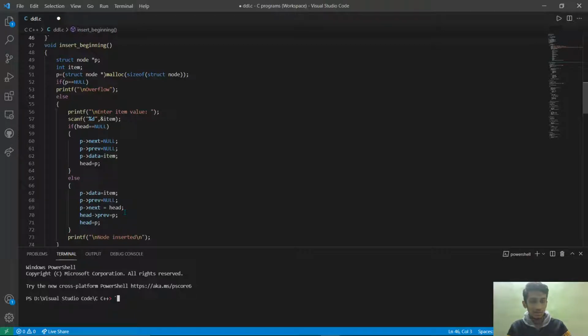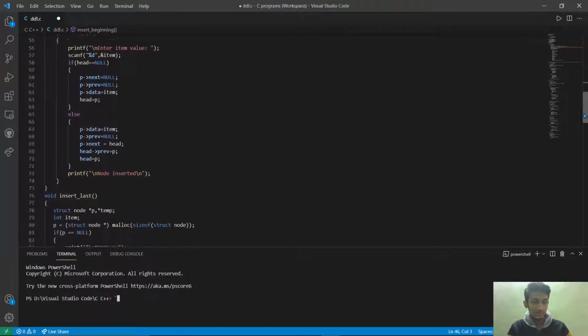The head node address will be placed here to point the next. Now p will be the previous of head, so the head's previous should point to p. Now we make that first element, that p element, become the head. Like we are inserting at the beginning, so head has to be at the top.